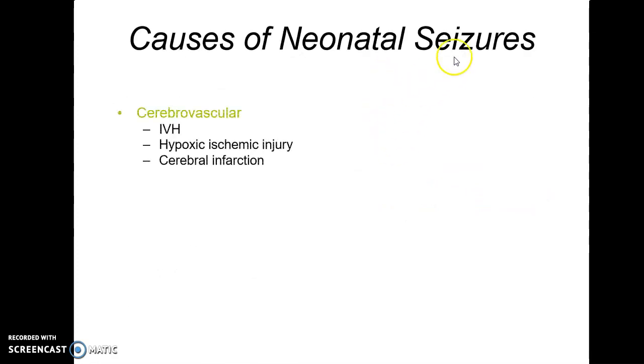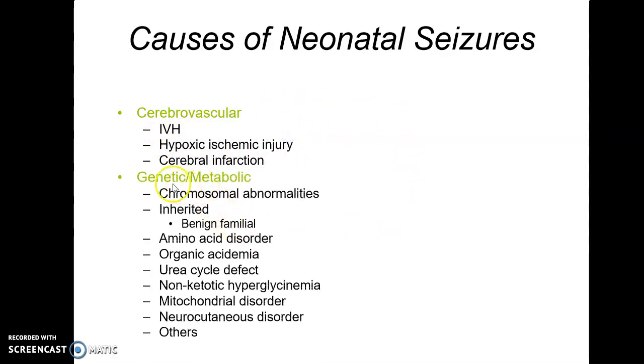So causes of neonatal seizure, I already told you. If you're talking about cerebrovascular causes, such as what happens in stroke, stroke-related seizures are seen in adults. In children, it can also happen due to any congenital cerebrovascular accident, such as in cerebral palsy, as well as in infantile hemiplegia. Intraventricular hemorrhage, hypoxic ischemic injury, cerebral infarction, and genetic or metabolic, what we call symptomatic seizure